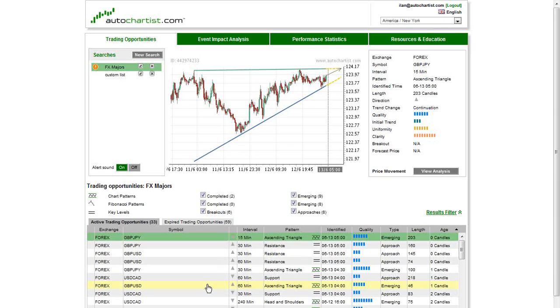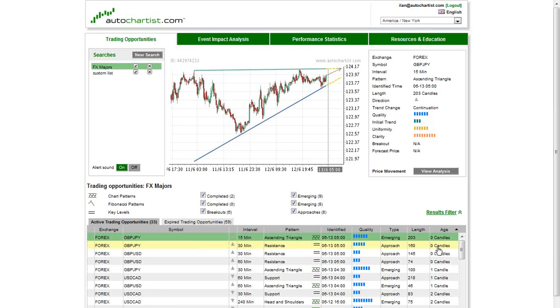So, for example, this is for all FX major pairs and cross rates. So by default, the first trading opportunity is selected, and it tells us this is an opportunity on the pound yen. It was identified on 15-minute data interval. It is an ascending triangle, and the date at the time it was identified. Also, the length of the pattern, which I'll get to discuss in just a moment, and how old it is, the age of this opportunity in candles. So age 0 means that 0 candles have passed since this opportunity was identified, which means that this is a